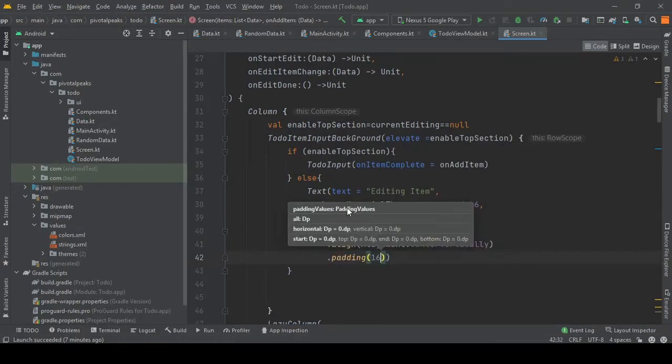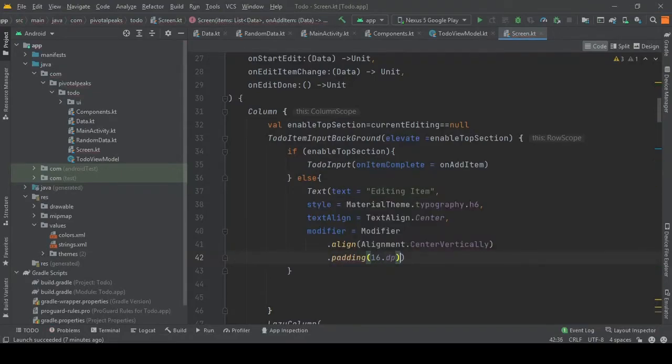So padding of 16 dp, and let's fill the max width, and yeah, we are done.